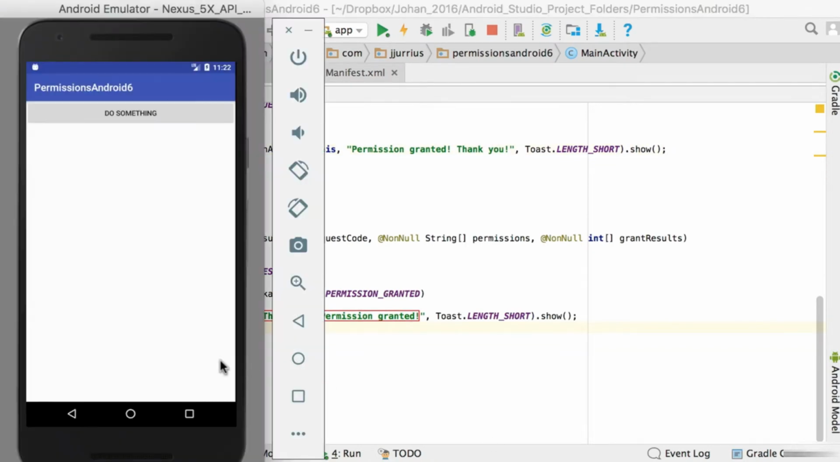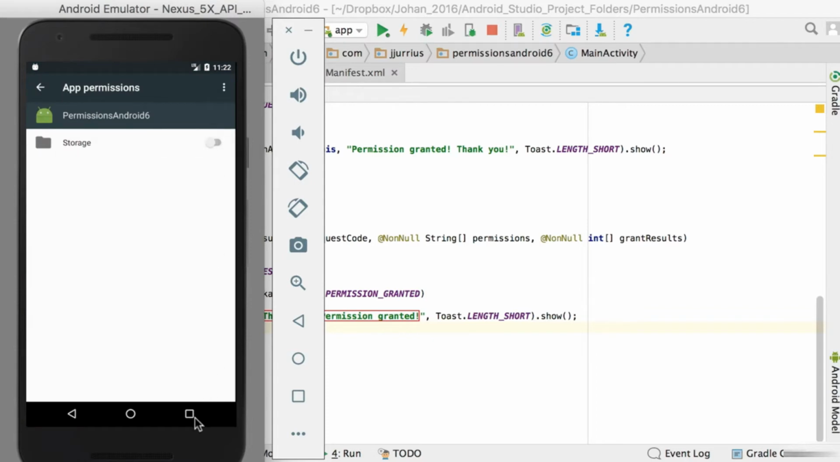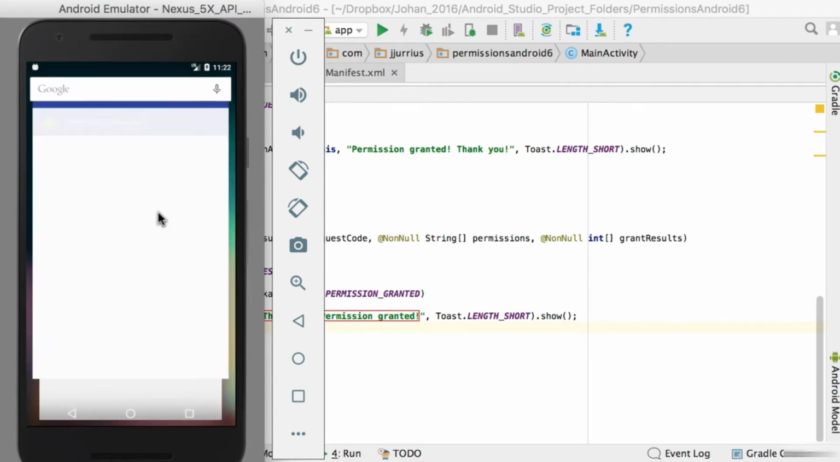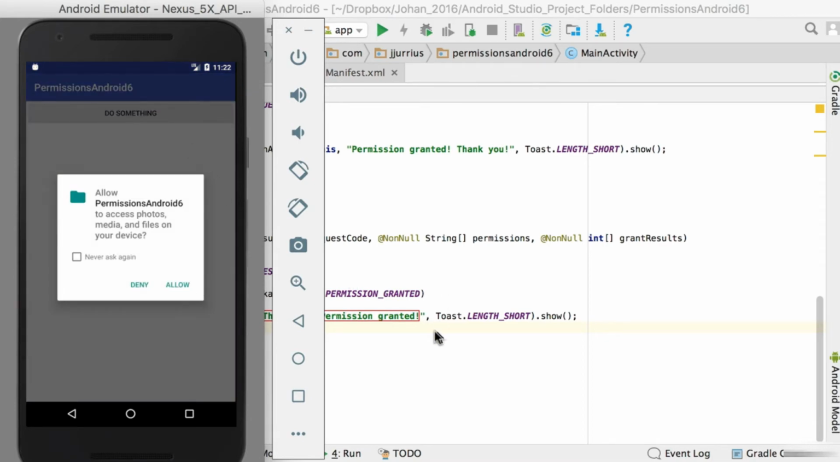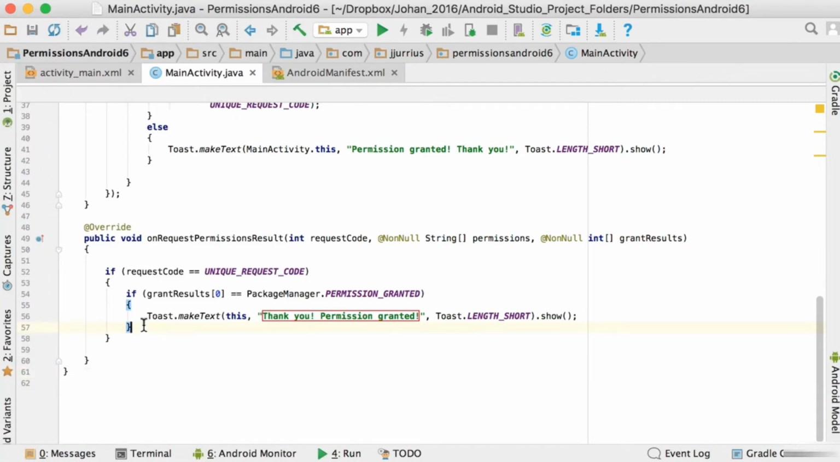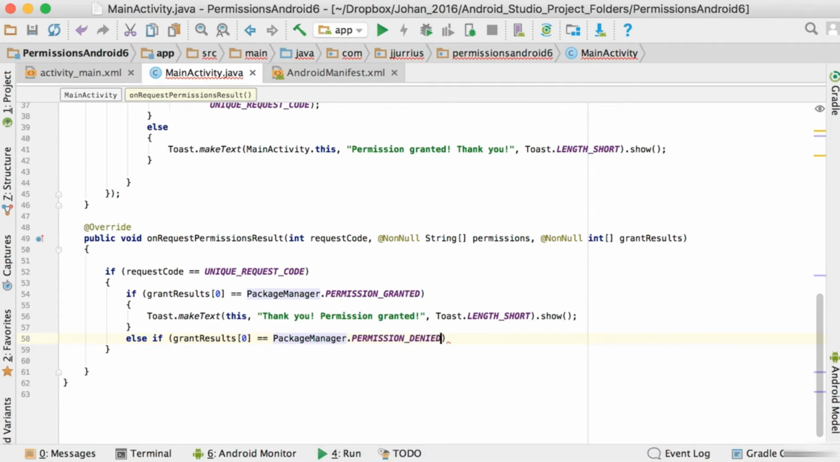Now, if the user, let me just go back there and reset that. I'm going to take away that permission again. Right, so if the user clicks on it and it says allow, it goes to this if statement. So let's do the deny part now. So the else if there, if grantResults at position 0 is equal to PackageManager.PERMISSION_DENIED, so if the user denied the permission,